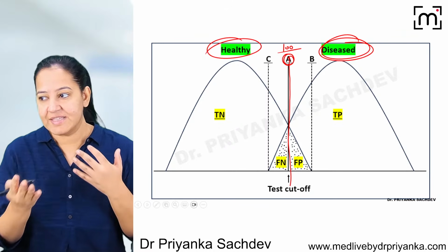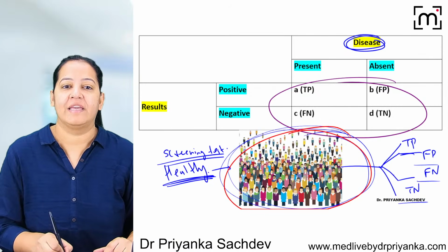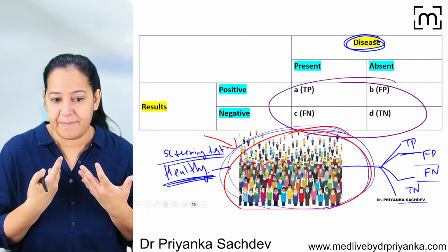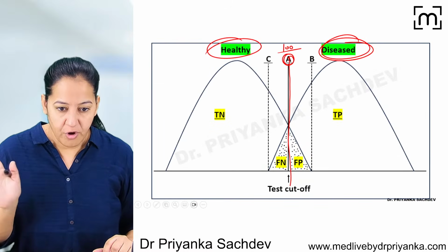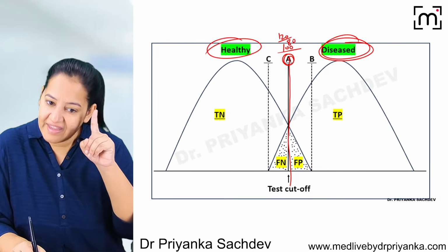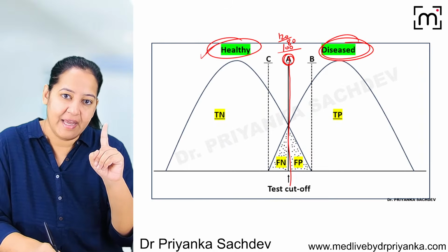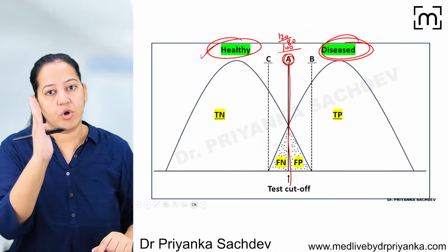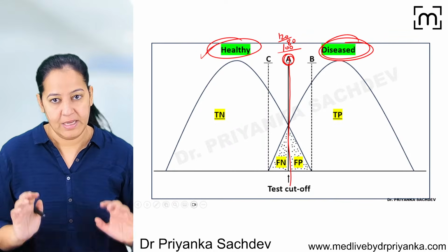If it is blood pressure, we are seeing who is hypertensive. They all think they are healthy. But imagine some of them are already hypertensive, but they do not know that. So I will measure the blood pressure of all of them. The blood pressure cutoff is 120 by 80. The one who is having equal or less than that is healthy, and the one who is having more than that is hypertensive, that is disease. So cutoff can vary depending on disease to disease. I hope you got it.